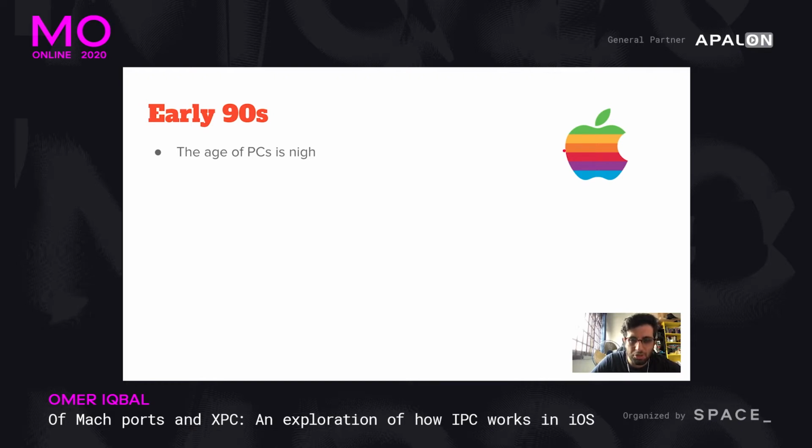PCs were revolutionizing everything, and Windows in particular was rapidly gaining market share throughout the world. And Apple at that time was in a bit of trouble because they were still trying to find out the best way to get into this market properly. They were still figuring out their strategy, and